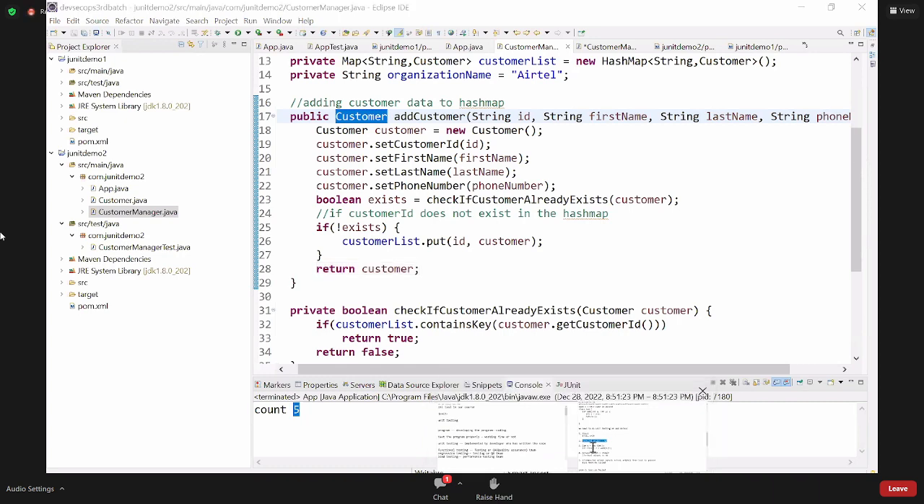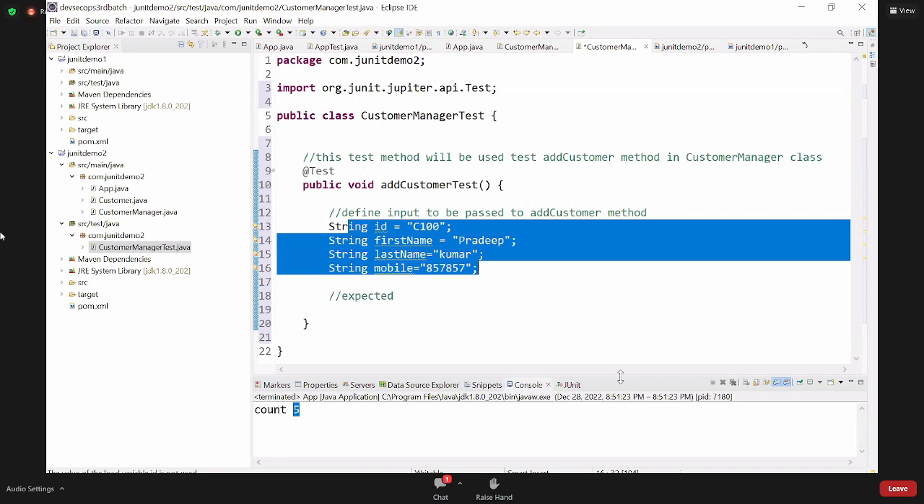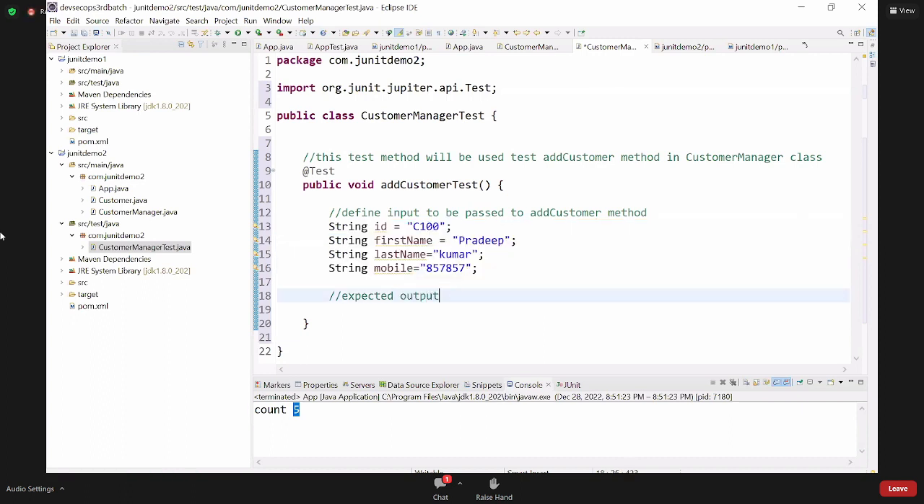So the expected output will be, see, I know that if I pass these values, my expected output will be a customer object. In that, I can get one value from this object, like ID. Let me do it like this. So string